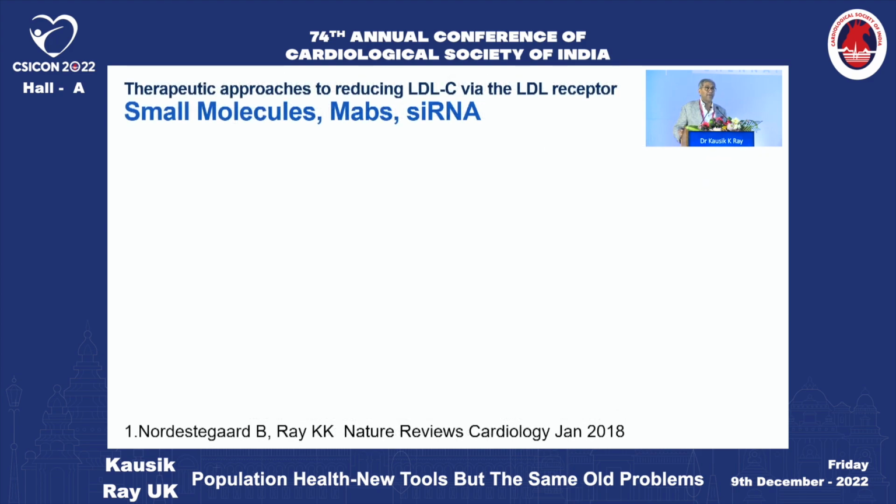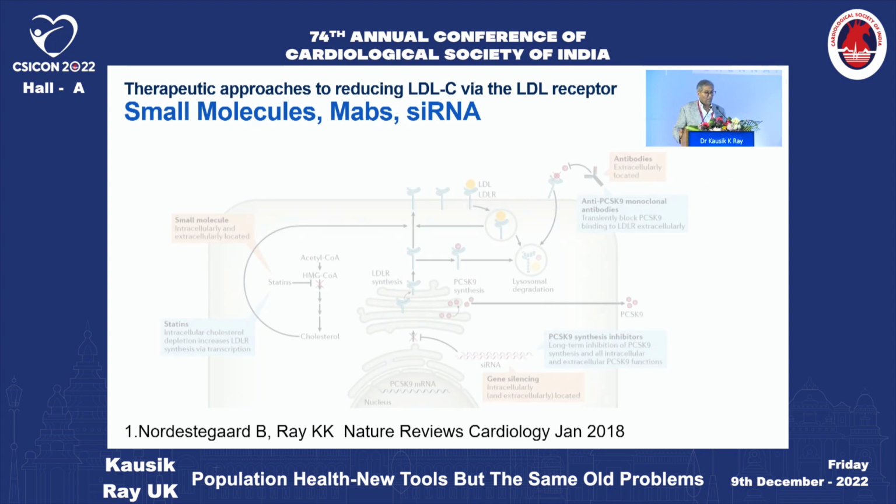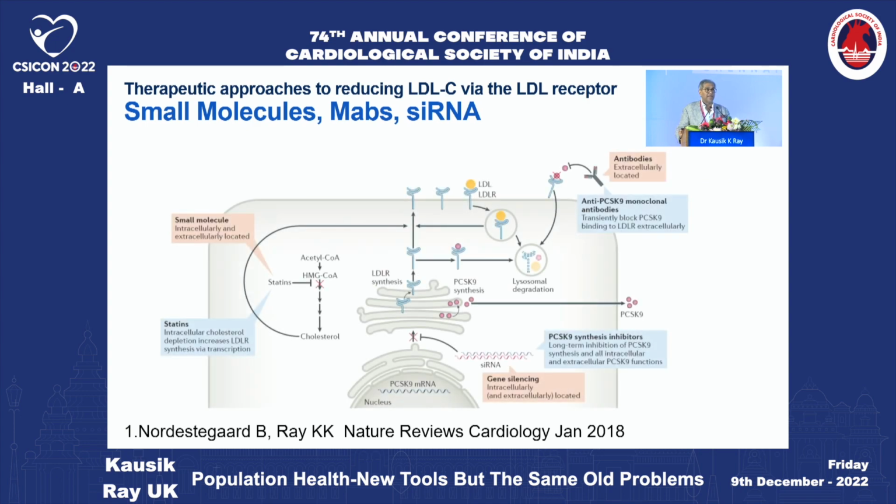So are there other options that we might have? Well, this is basically the life cycle of the LDL receptor, and that's the main way that you lower circulating cholesterol levels in blood. So when you give a statin, and indeed when you give ezetimibe or bempedoic acid, what you're doing is you're increasing the production of the LDL receptor at the level of transcription. So you make more LDL receptors. They bind LDL particles. These are internalized. The particles are removed, cholesterol is excreted in bile, and the LDL receptor goes back to the cell surface.